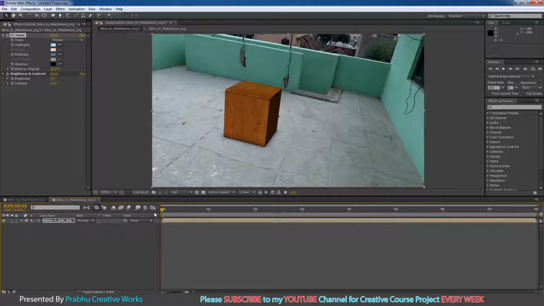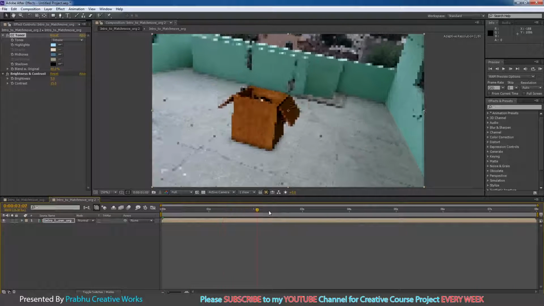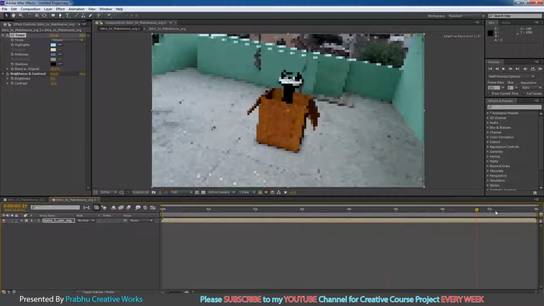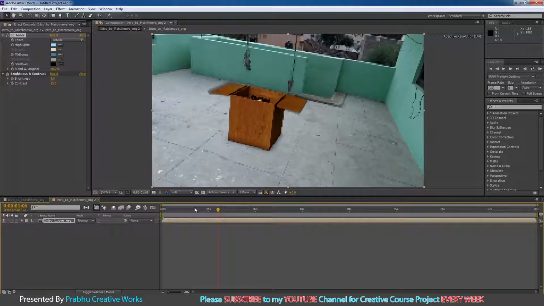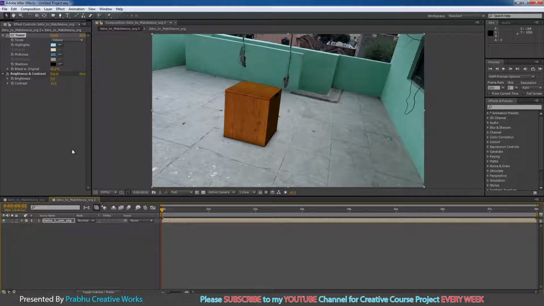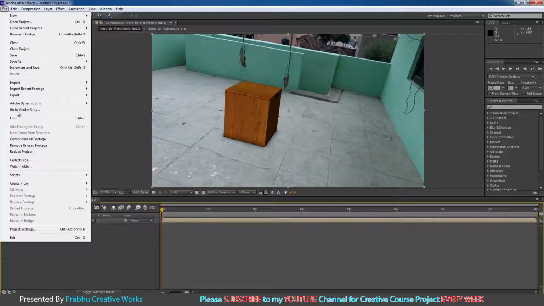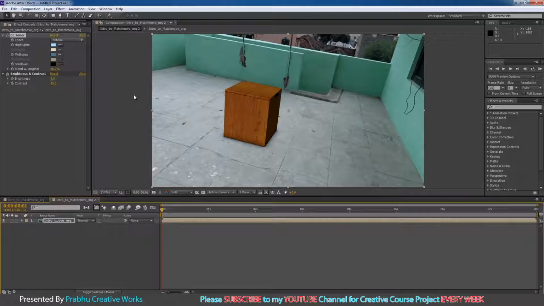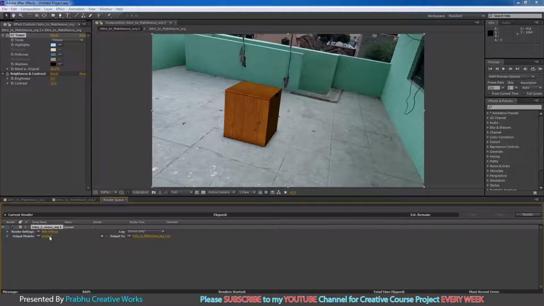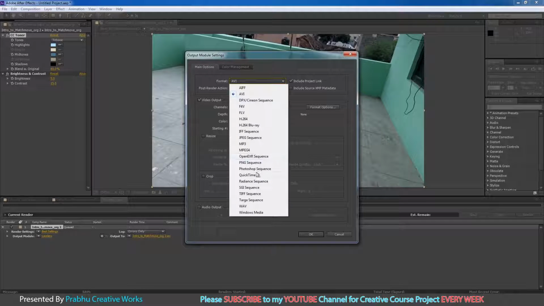See here, I will scrub through. Now I want to make the final render to view my output. Go to File, Export and choose Add to Render Queue. Here I want to click on Lossless and choose QuickTime.